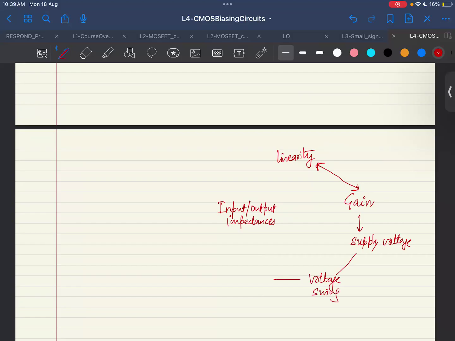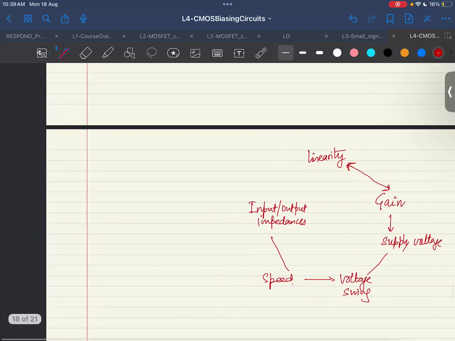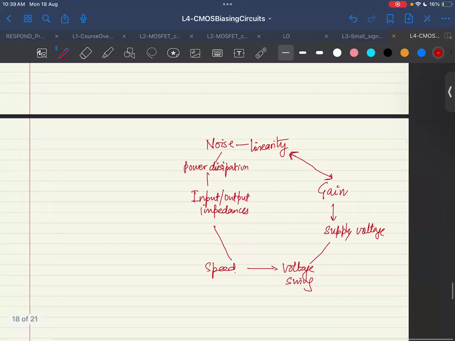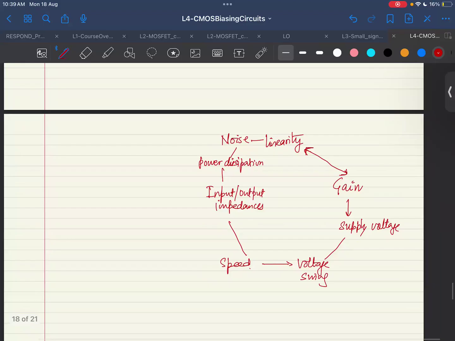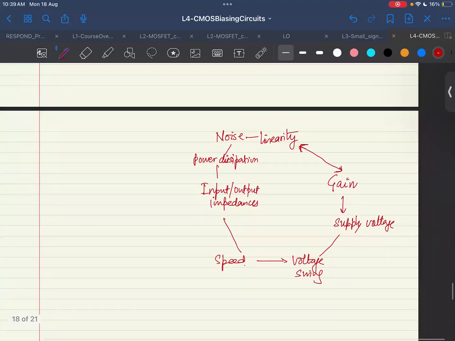Then there is speed, input output impedances, your power dissipation, and noise, right? So these are 8 things you have seen: 1, 2, 3, 4, 5, 6, 7, 8. Gain we have seen, linearity we have seen, supply voltage you understand, and maybe not, but the supply voltage is